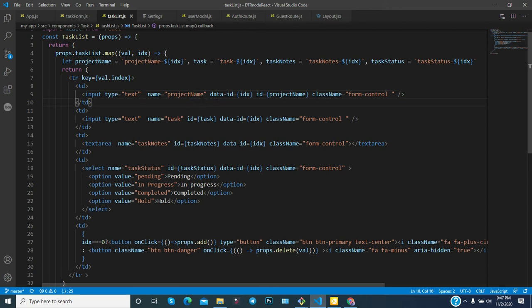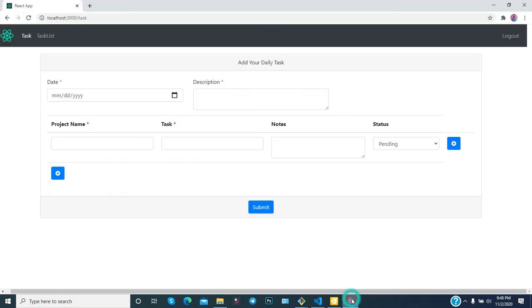And data and slash ID means that you are providing a unique value. Unique value is 0, 1, 2, 3. It will always be unique. So what is your requirement to update a value dynamically? It is also important to update this row value dynamically.